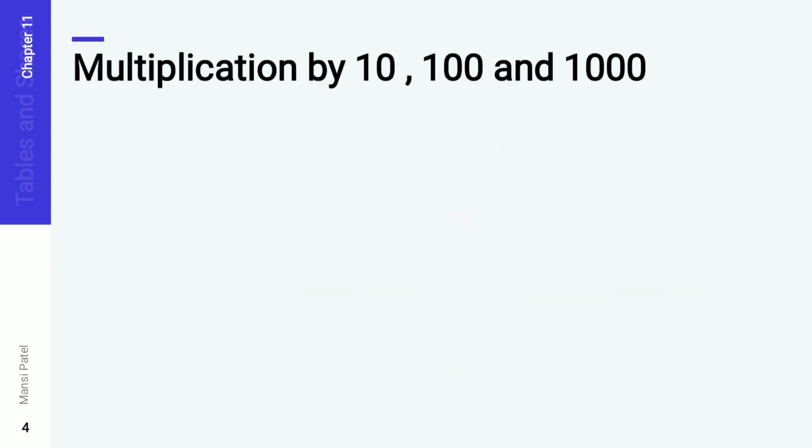Now the next one. If you want to do the multiplication by 10, 100 and 1000, or any number which has zeros, how can we do it easily? Let us see and start. If you want to find out 34 tens, what do you want to do? In number 10, how many zeros are there? One zero is there. So you have to write down the zero first, and then do the multiplication of 34 and 1. So 34 ones are 34. So 340, that is the answer.